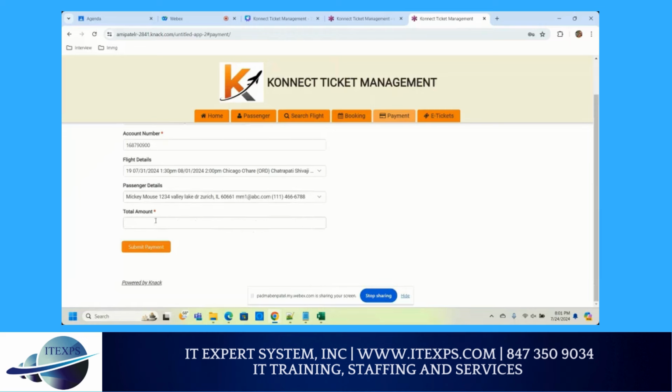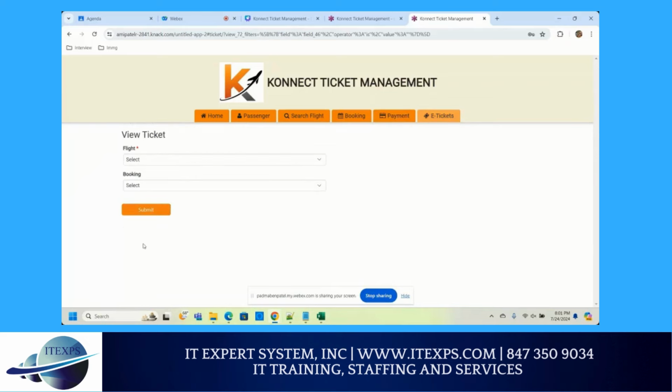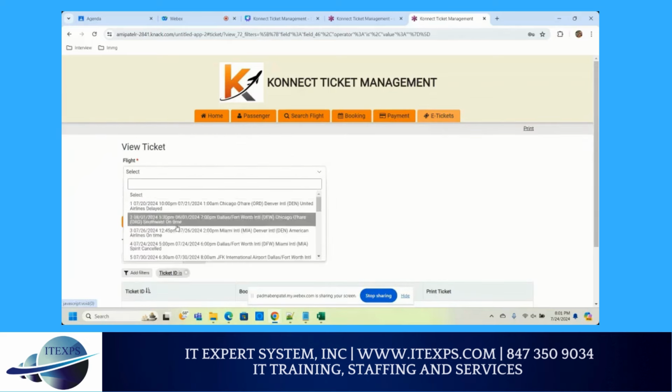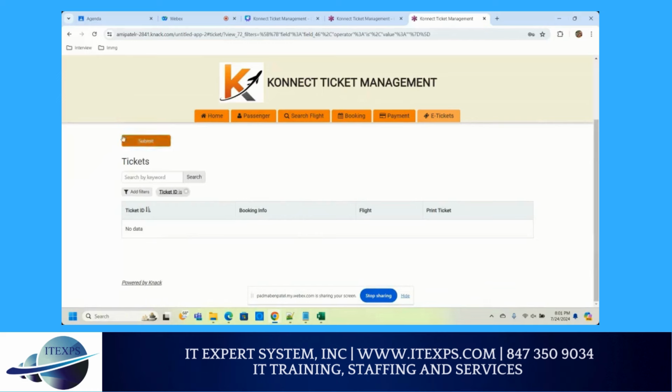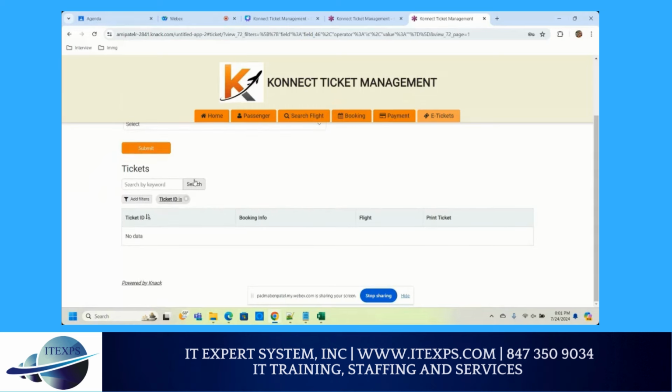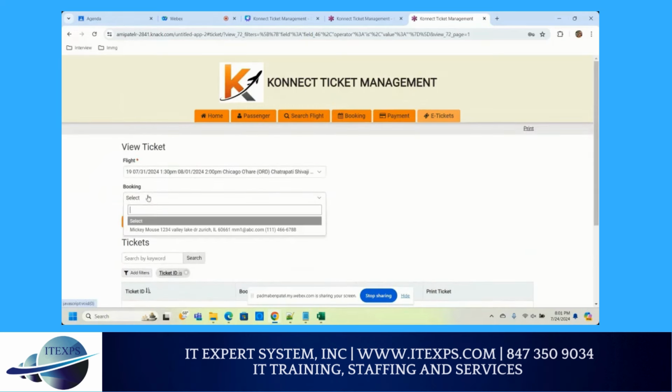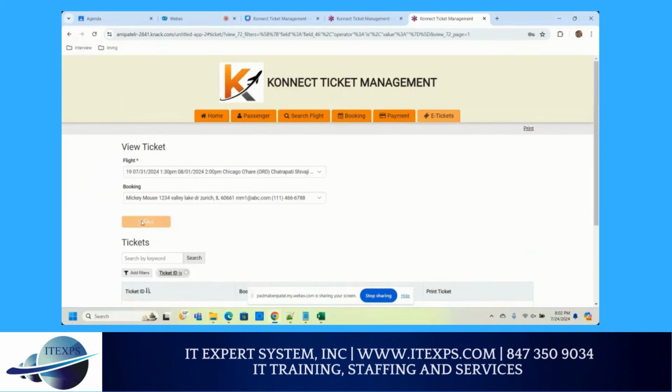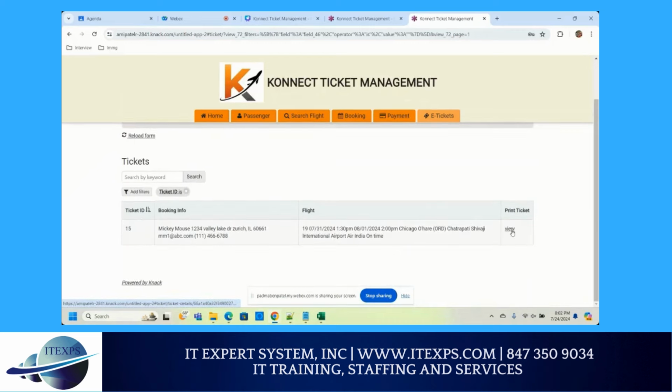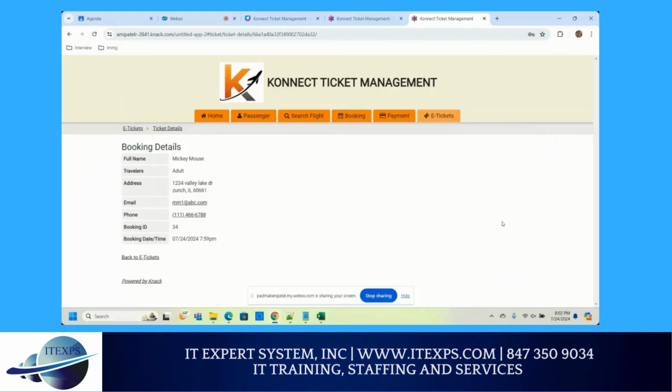The passenger name pops up and he enters the amount to pay and clicks on submit payment, and now he's able to see his ticket. Right, so I click on submit and here he can see his ticket and he can go ahead and print it.